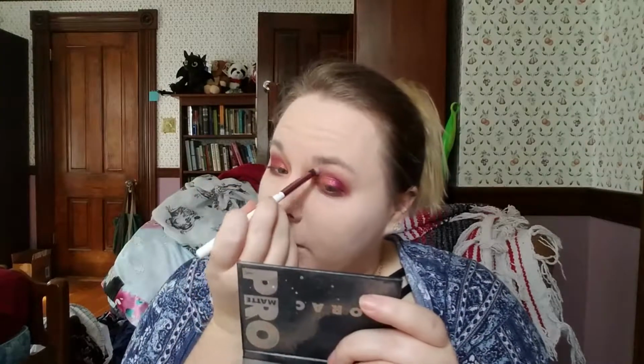Yeah, the new Sugar Pill Fun Size palette is one of the few things I've been excited about lately. I keep seeing makeup and either the price doesn't really work out for me, or just any number of reasons that I haven't bought more makeup lately. I was trying to buy less, which is good, but